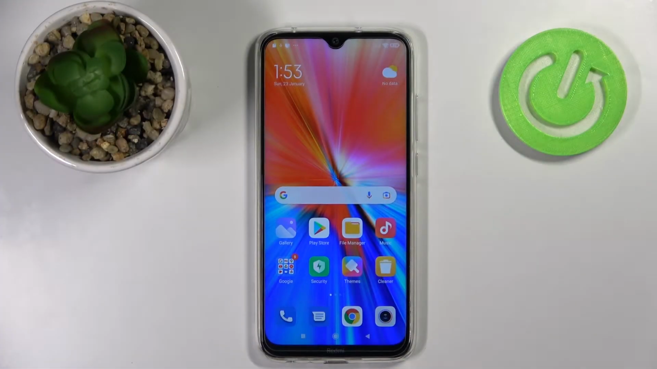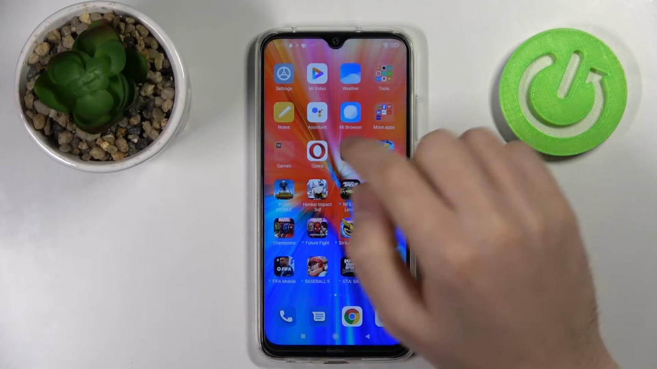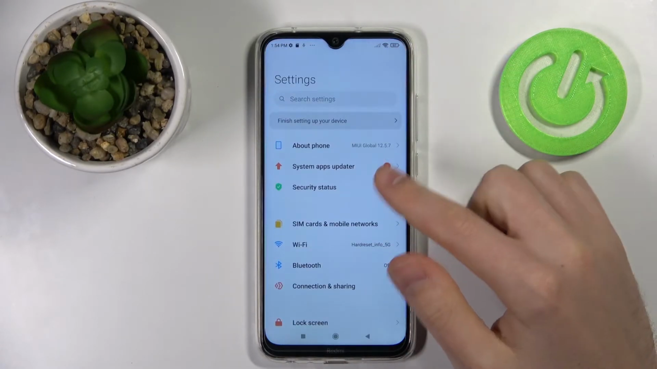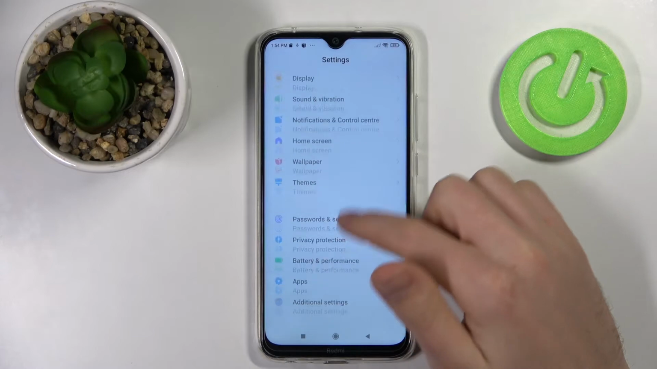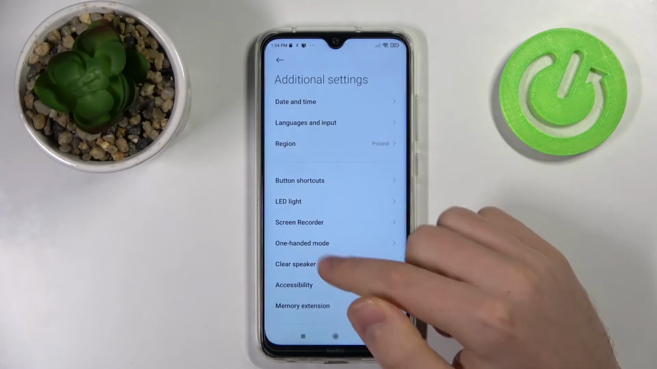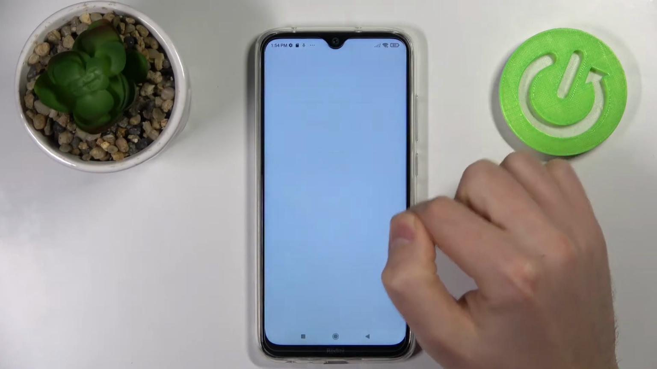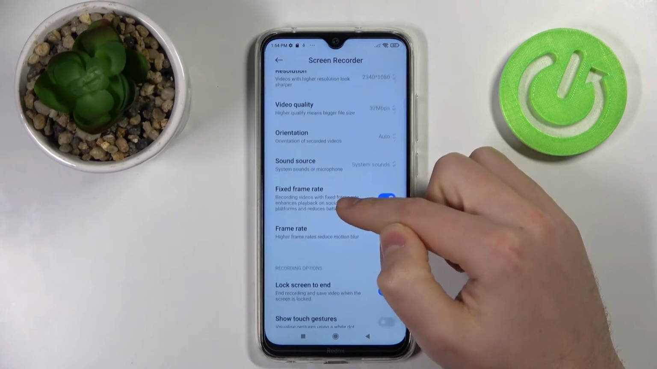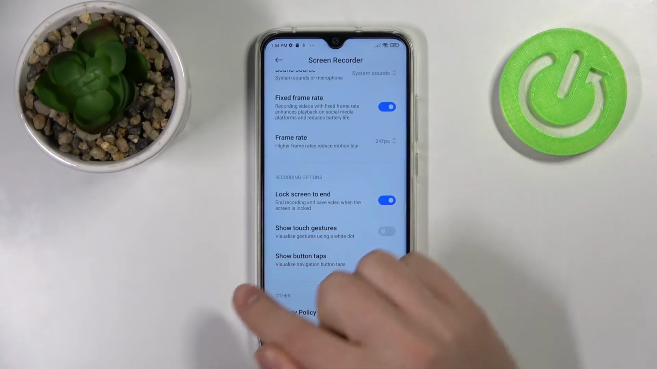Welcome! Today I'm showing how to switch on or off screen touches in screen recorder on the XIAOMI Redmi Note 8 2021. First of all, open your settings and find additional settings. This one. Here we've got the screen recorder option, and then you scroll down, and at the bottom we've got the show